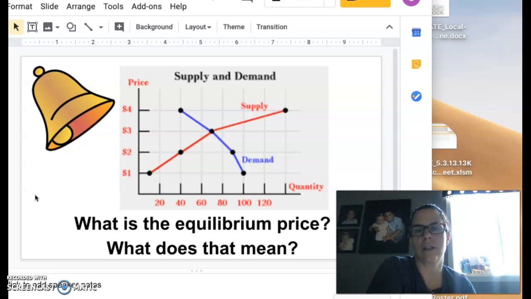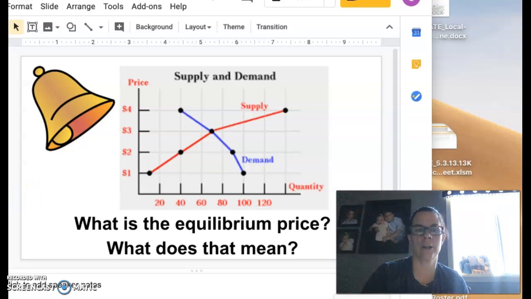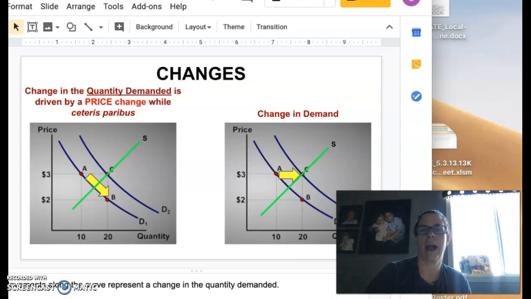However, there's lots of conditions in the marketplace that cause supply and demand to change besides price. And that's what we're going to talk about today: why do we see changes that then ultimately impact price? So it's kind of like what comes first, the price change or some other event in the marketplace. So this week, we're going to talk about those other events in the marketplace. The way that they're illustrated on the graph is